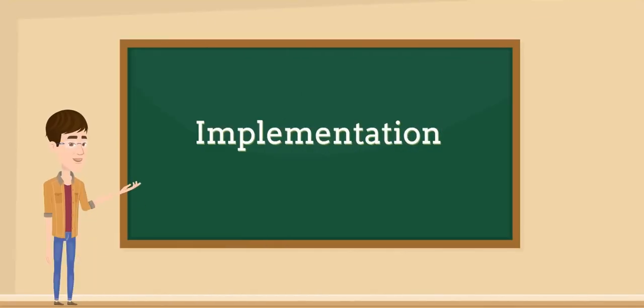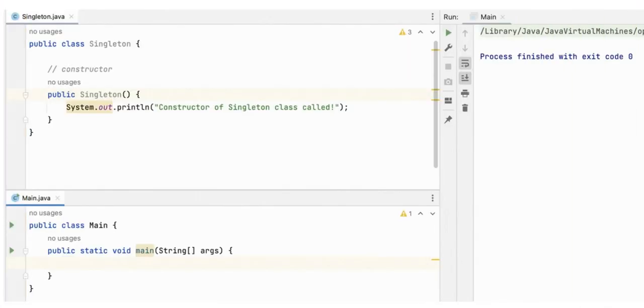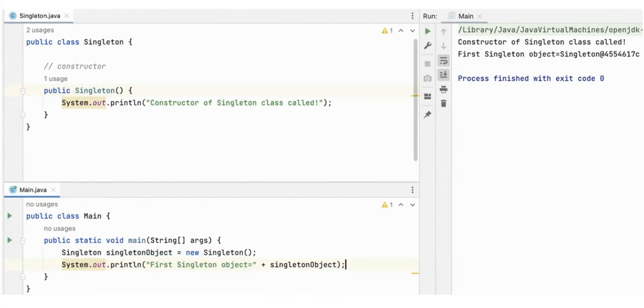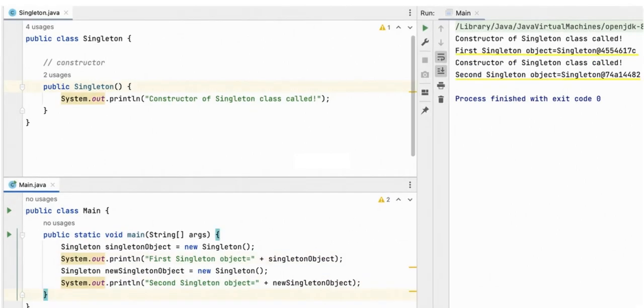Now that we understood what singleton pattern is about, let's look at its implementation. Let's say you have a class called main, which contains the static main method. This class wants to instantiate an object of a singleton class. Now, in order to create an object of any class, you would call the constructor of that class using the new keyword. If the constructor is public or default, anyone can instantiate multiple objects of that class. As you can see, main class has instantiated two different instances of singleton class.